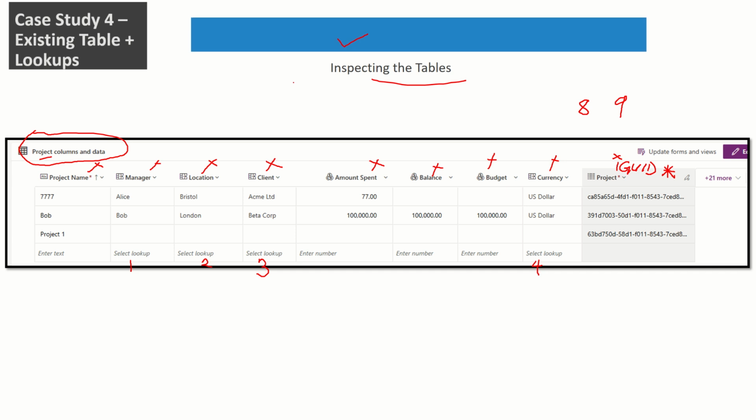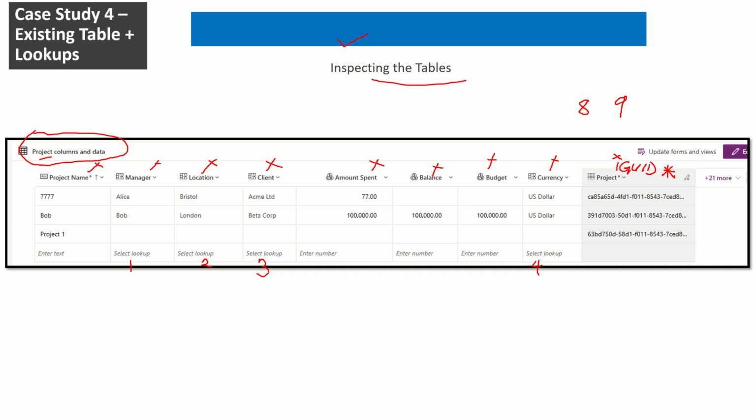As you can see, we have a total of 9 key columns that I'm working with, and I'm not going to consider the GUID, because the GUID, like I said in our earlier videos,